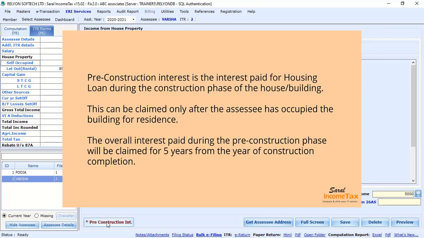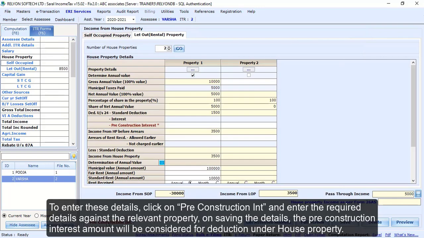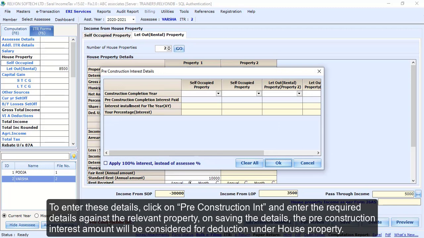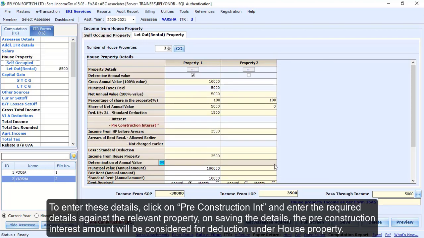The overall interest paid during the pre-construction phase will be claimed for 5 years from the year of construction completion. To enter these details, click on Pre-construction Interest and enter the required details against the relevant property. On saving the details, the pre-construction interest amount will be considered for deduction under house property.